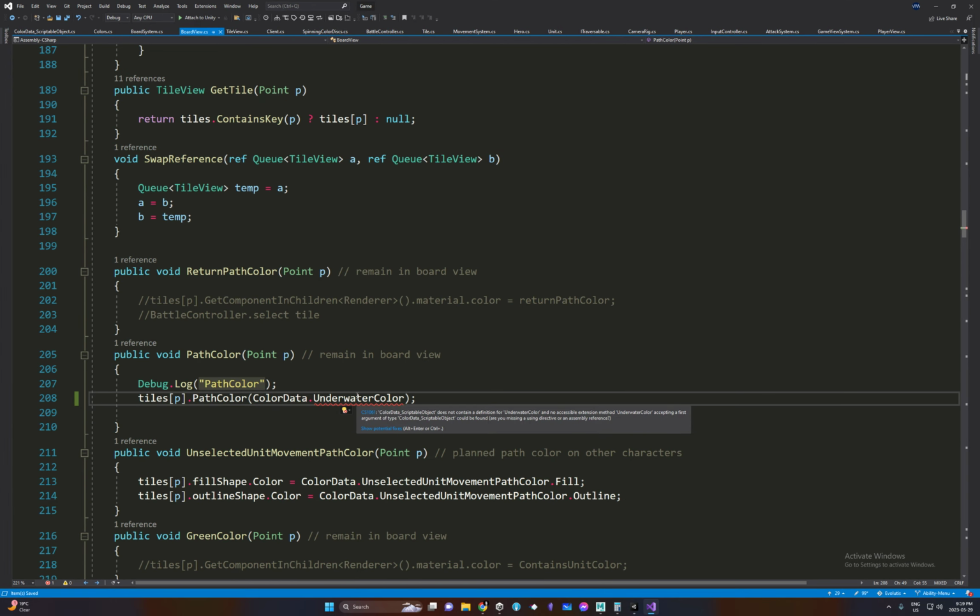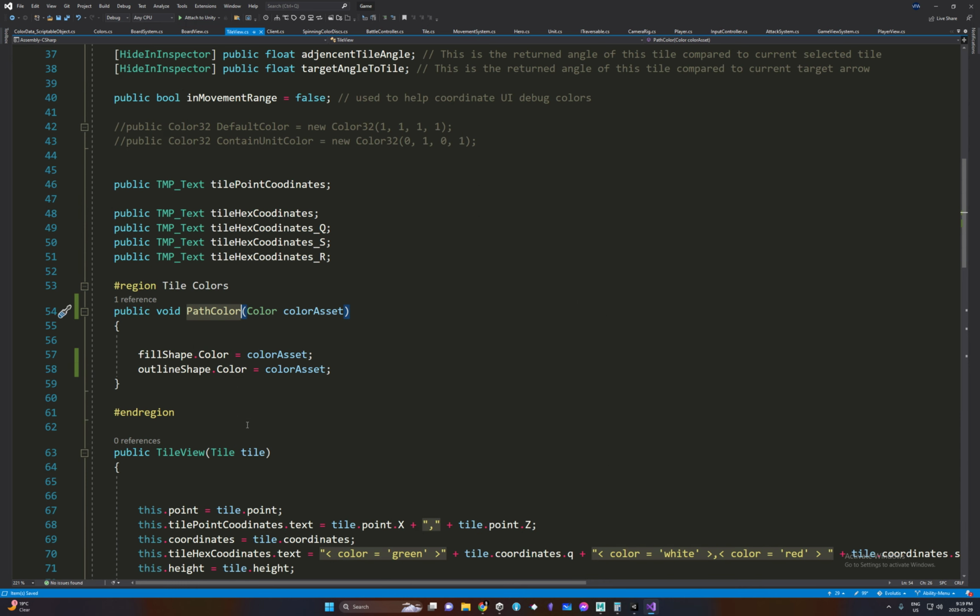Oh, right. So here what I would do is I would send in, so path color, what I could do, thinking. I could do two colors. The first one would be the fill. And the second one could be the outline. And then the fill. And then the outline. And then what I would do here,